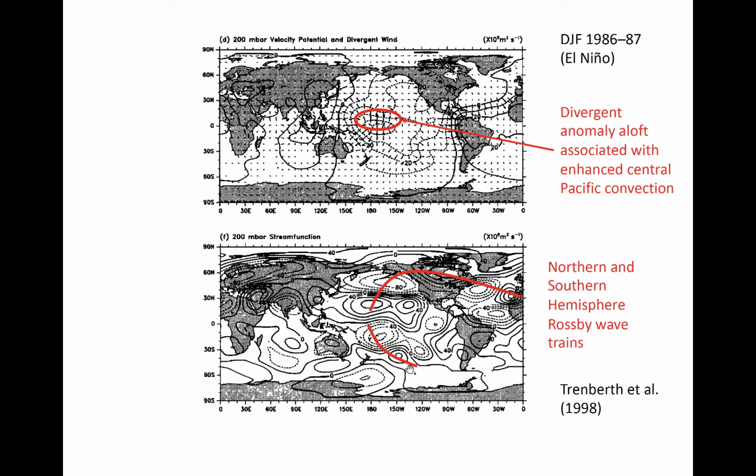Correspondingly, we have this in the southern hemisphere as well. But since the response is shown during boreal winter, the signal is stronger in the northern hemisphere than in the southern hemisphere. This tropical heating drives a wave response that causes, just as an example, troughing as far away as the western Atlantic and the southeastern U.S., a bit of ridging here in North Africa, ridge here and anomalous trough there.